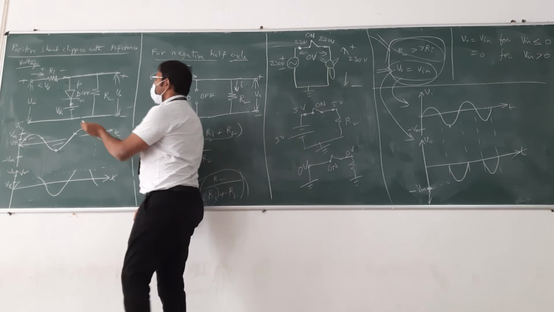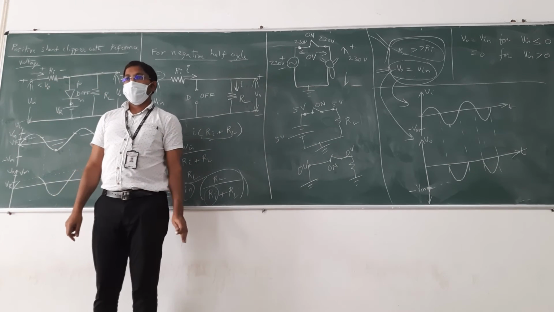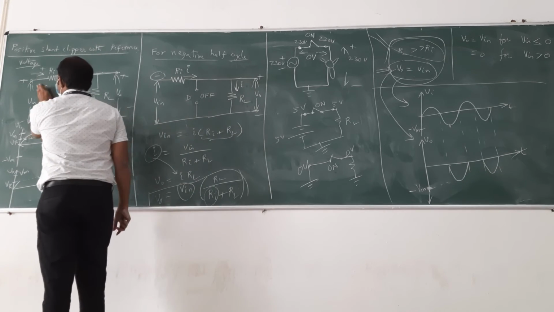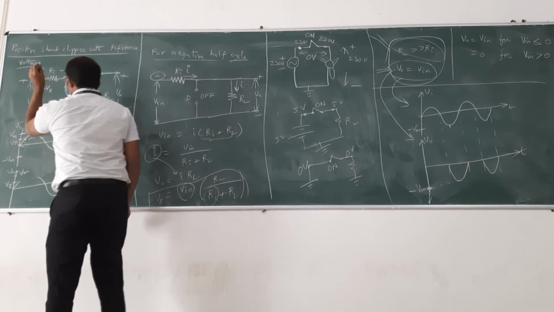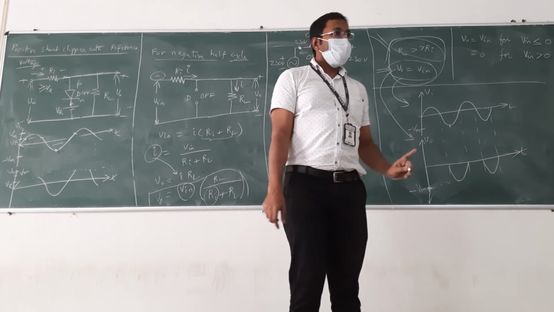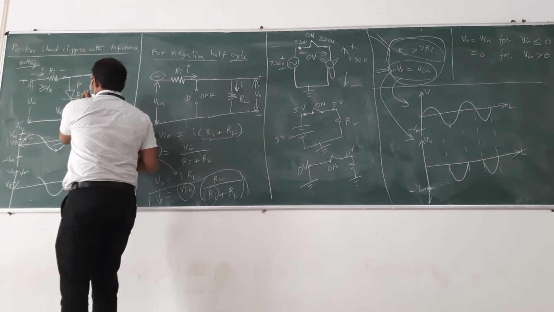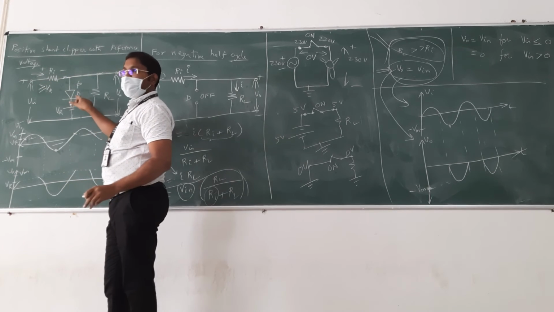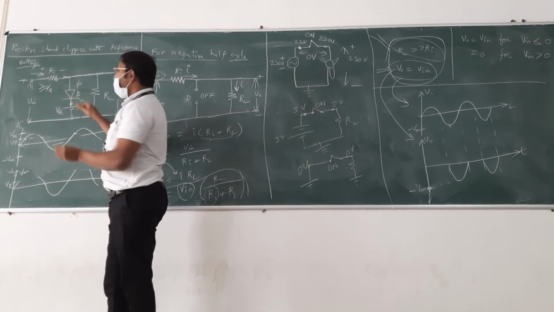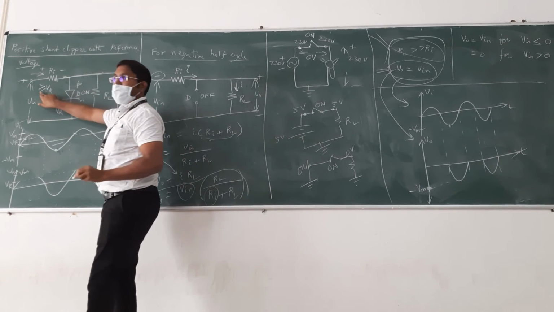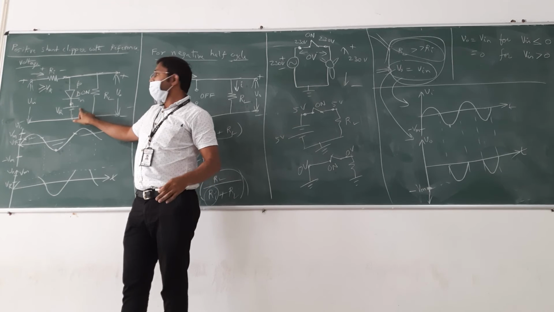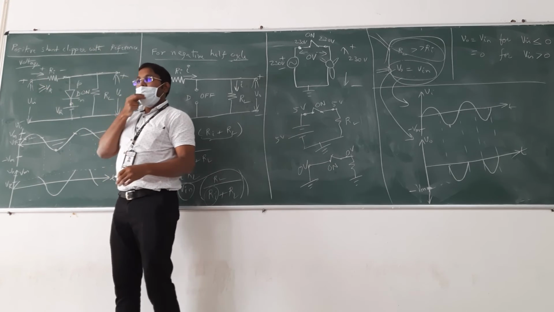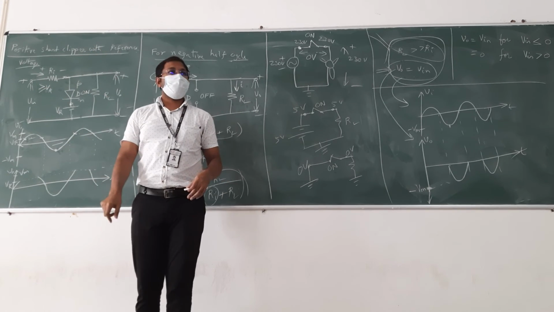Now the next case, when Vin is greater than Vr. Vin less than Vr we have considered. When Vin is greater than or equal to Vr, what is the condition? We will consider the second case. The voltage at the P side is greater than the voltage at the N side, so the diode will be on. The N side is fixed at Vr, and the P side voltage is becoming greater than Vr. So the diode is on. On means direct connection.